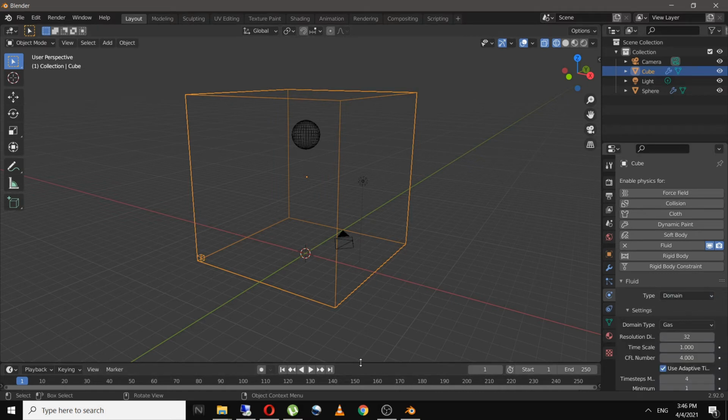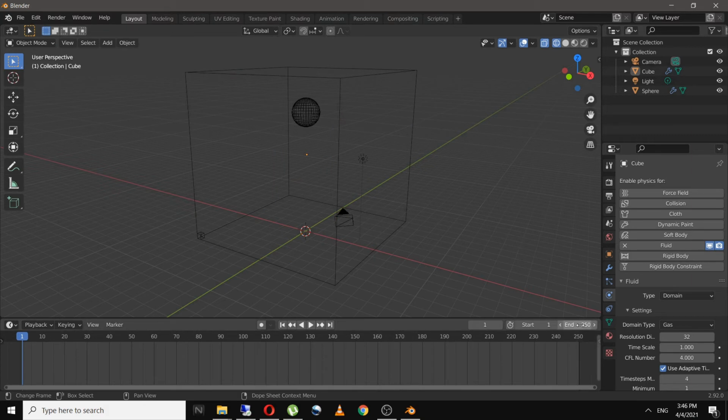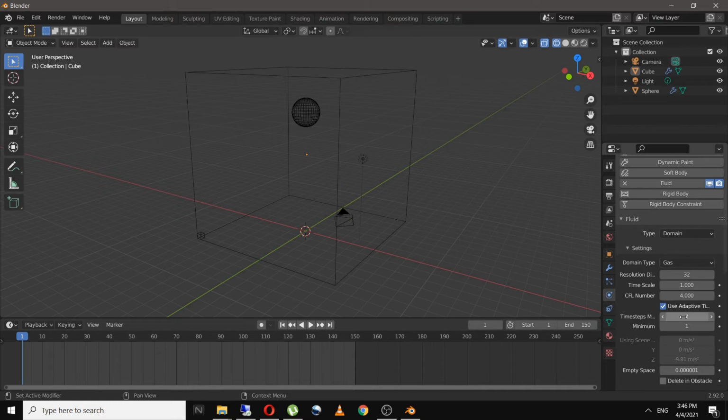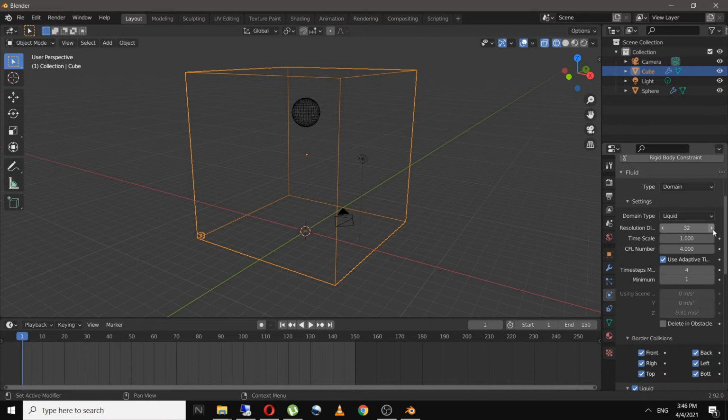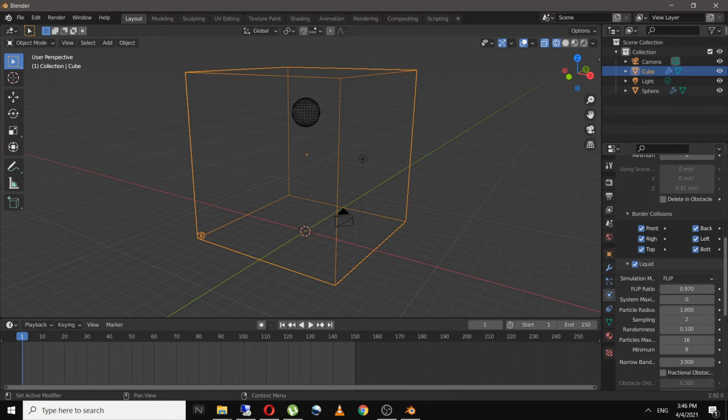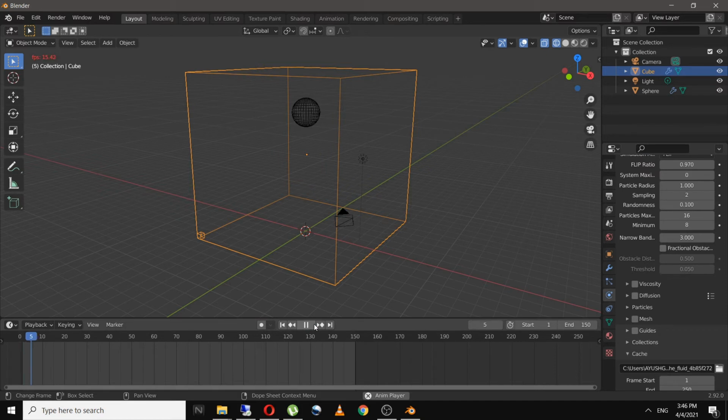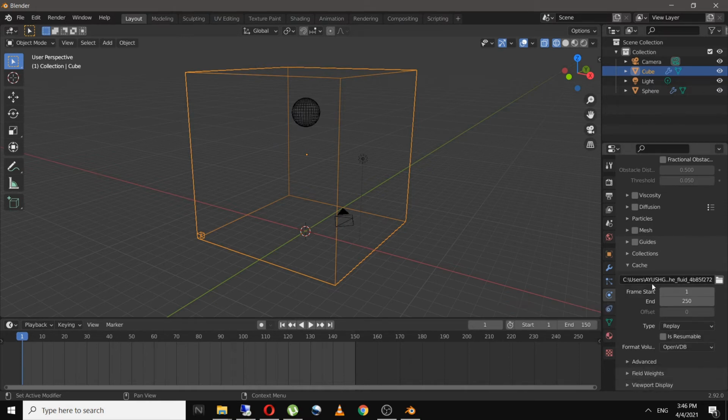So this will act as a domain, and if I expand this and make it 150 and select the domain type as liquid, and if you increase the resolution you will face slowness in the viewport. And now if we play this, you can see nothing will happen because we haven't baked our cache. So in here I will select the end frame as 150 and select this as modular so that you can bake your scene,